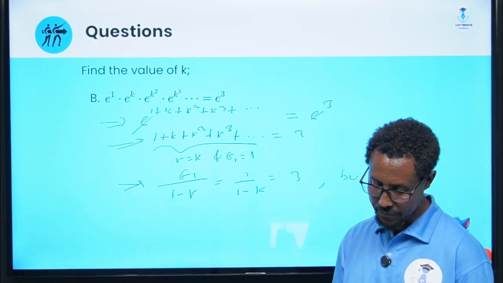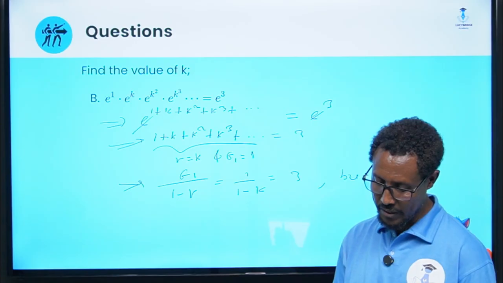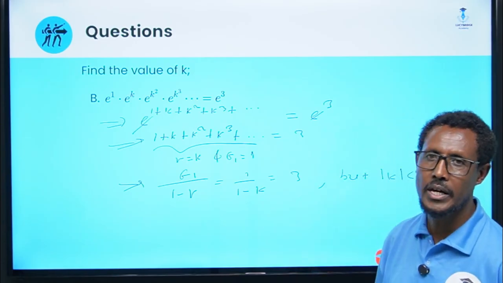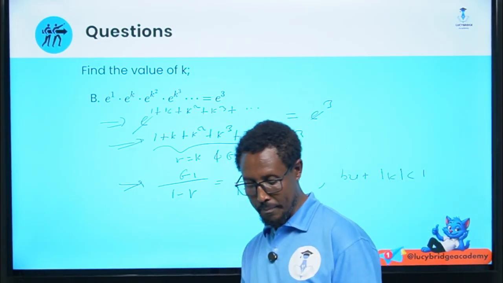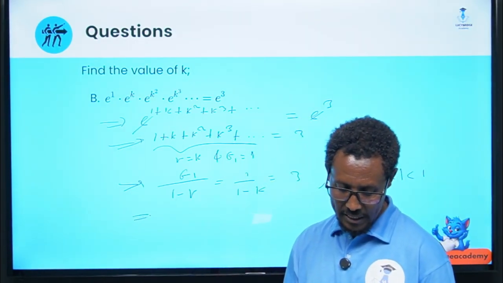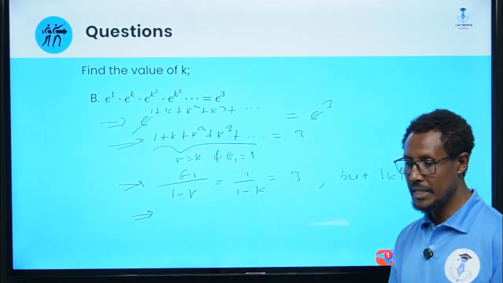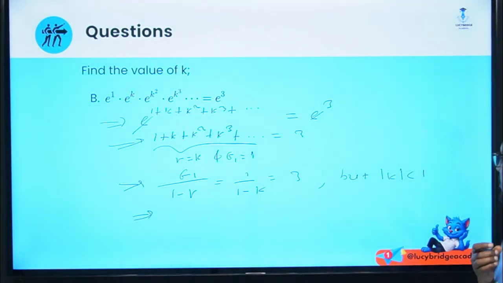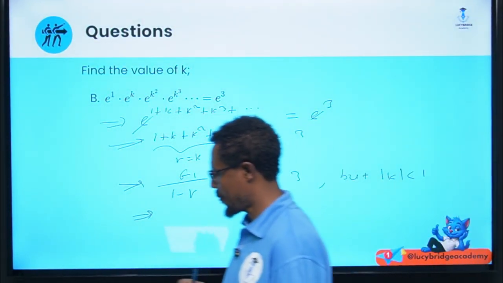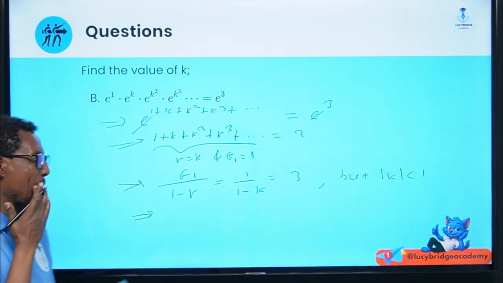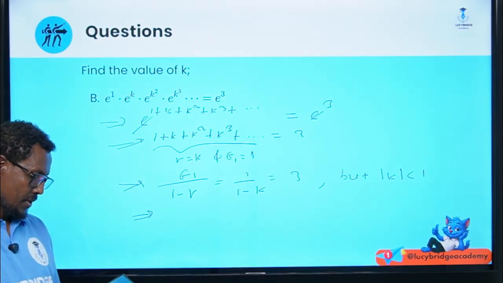But the absolute value of k must be less than 1. Okay, the absolute value of k must be less than 1 when we use this. Which implies that, this means,